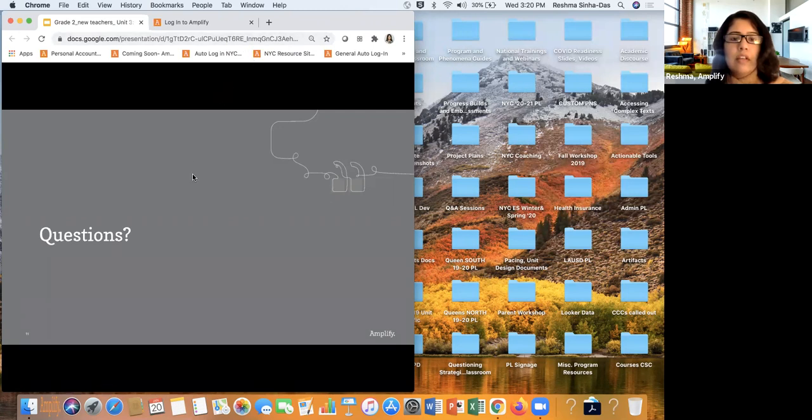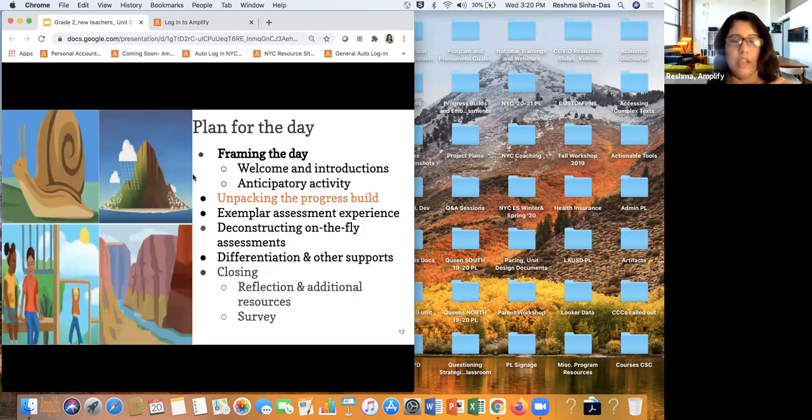Good. All right, looking good for now. So we're gonna go ahead and begin by unpacking the progress build for this unit. And as you'll begin to know or refresh your memory of, the progress build is Amplify Science's learning progression for